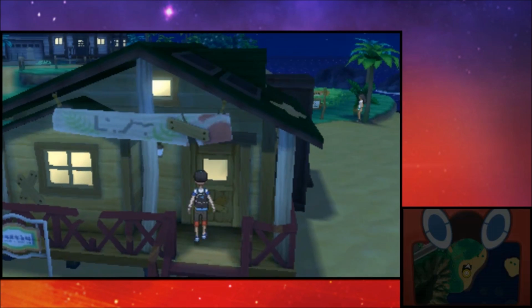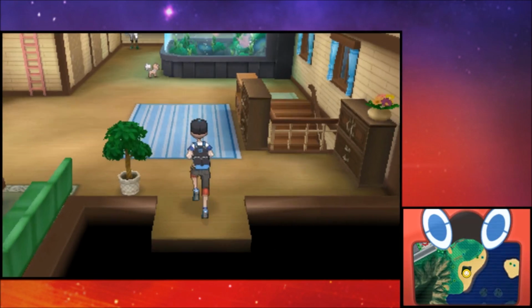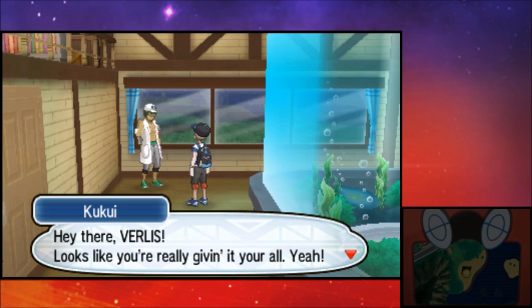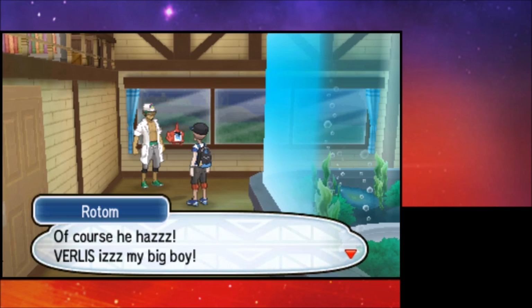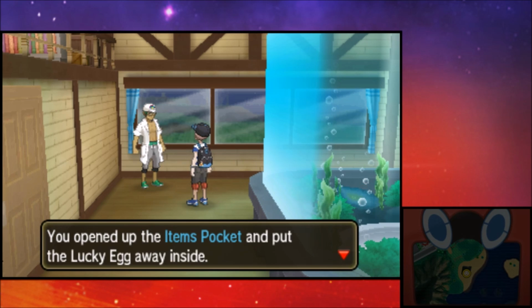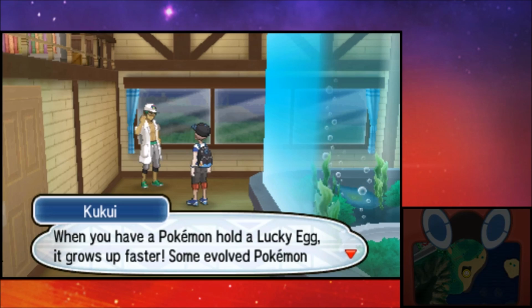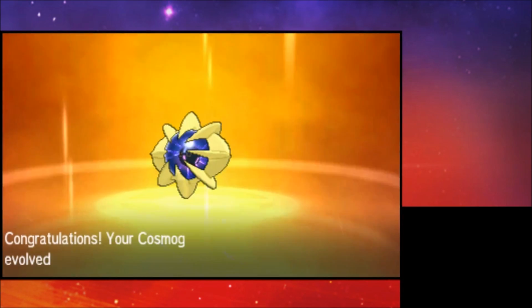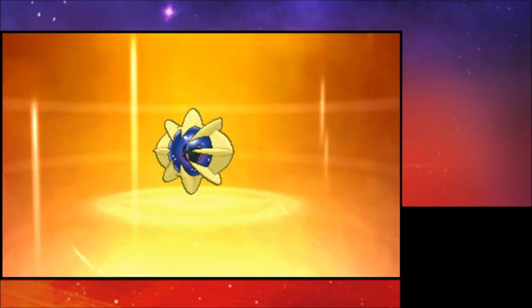Now, I do recommend that all you have to do is register 50 Pokemon in your Pokedex and then go speak to Kukui at the Professor's Lab. There, he will give you a lucky egg, which boosts the experience gain of any Pokemon that is holding it, so give it to Cosmog and then start cranking out battles in the Elite Four. Now, at level 43, Cosmog will evolve into Cosmoem, and at level 53, it will evolve into the legendary Pokemon